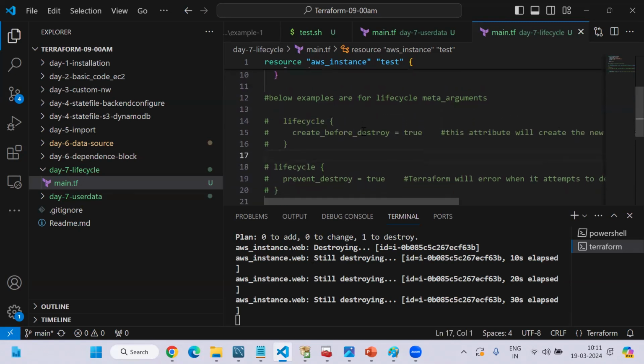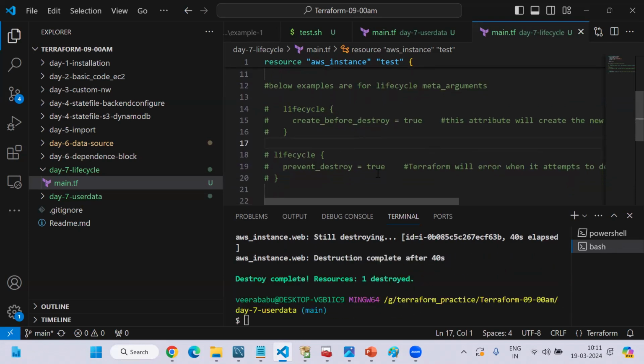Okay, and the last one. The first is clear. The second one is what? Prevent destroy equal to true means it will not destroy until you change it into false, or comment this line. And the last one is,